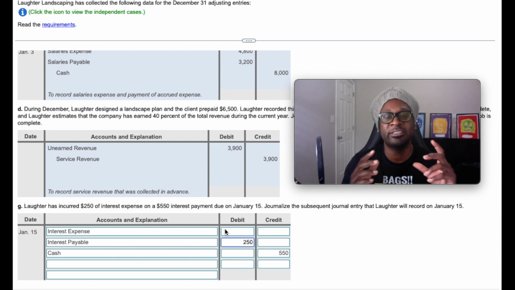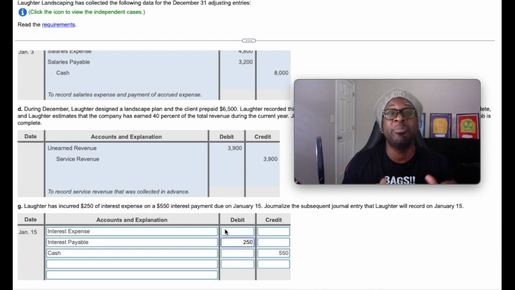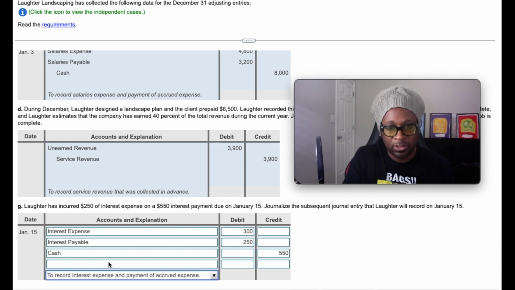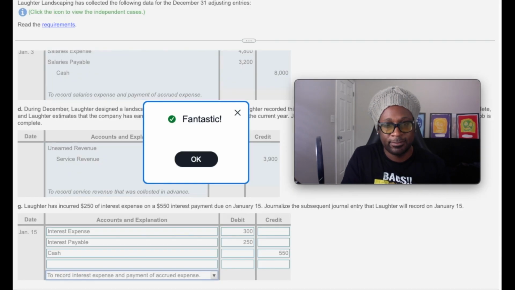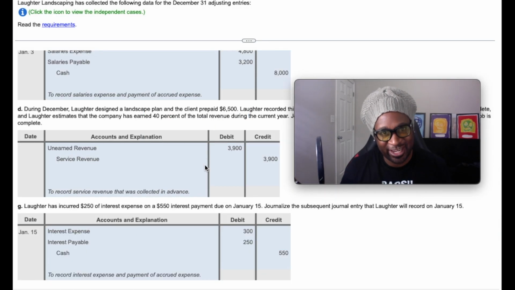How do we know? Because the total amount was $550 and $250 had happened in the previous year. So if we subtract the 2, that gives us a $300. We're going to check the answer. Excellent, gang. So there you have it, gang. A quick, easy illustration of how to properly record adjusted entries, as well as record the subsequent events that take